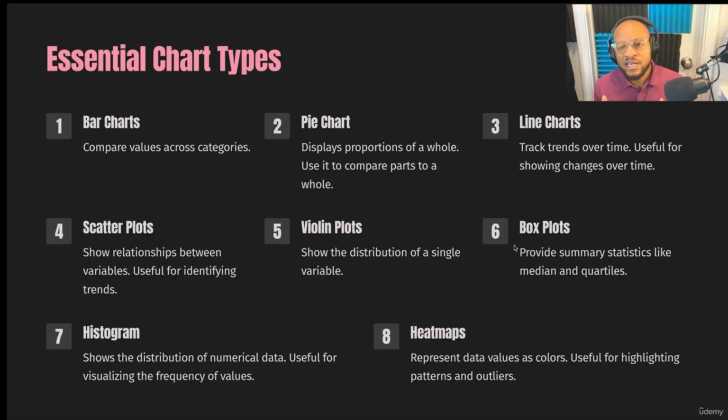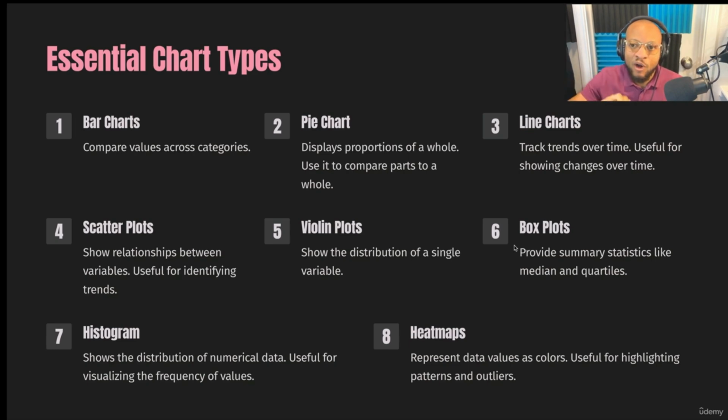An extension to a scatter chart is a bubble chart, where instead of all points being the same size, you can vary the size of them. Then you have your violin and your box plots, which are quite similar, but what they do is they help to show the spread of your continuous numeric data across different categories. You have your histogram, which shows the distribution of a continuous variable, and you have heat maps, which